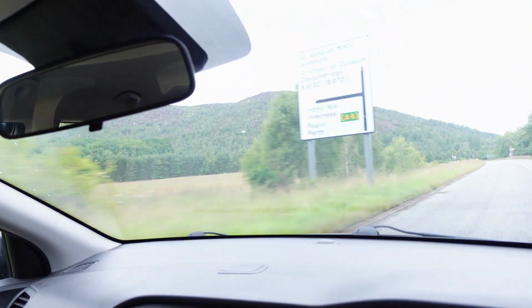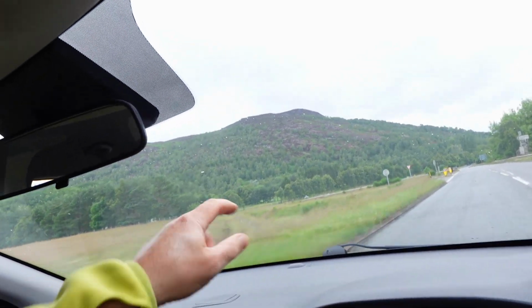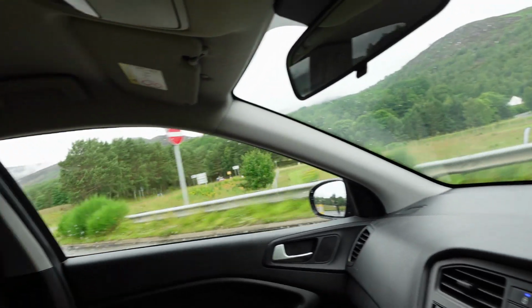So you would come off the A9 if you're coming up, or down really. This is the junction here that you come off the A9, and then you head towards Aviemore, and when you get to this first roundabout at Aviemore you take a right. It's the only road up to the Cairngorm ski mountain resort. So it's really easy to find, and once you take a right at this roundabout, which is beside the Italian, I think it's about 7 miles roughly to the top car park of the Cairngorm, and again you're really elevated